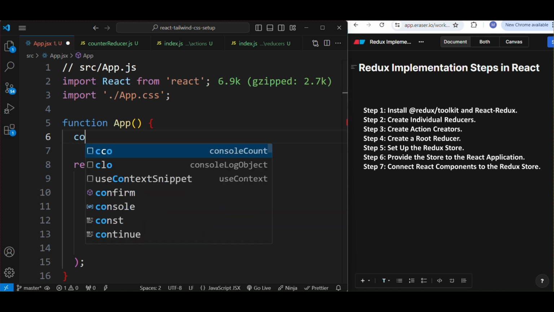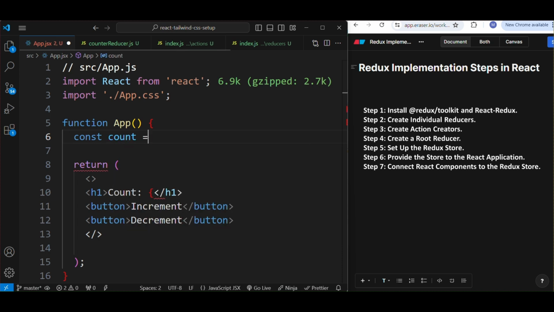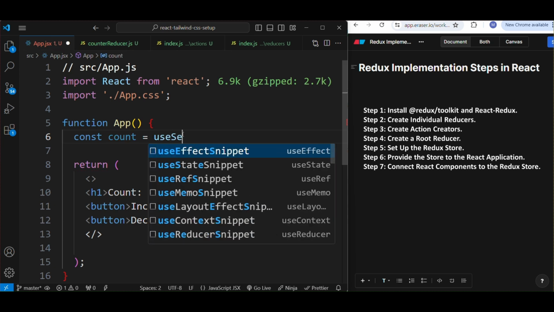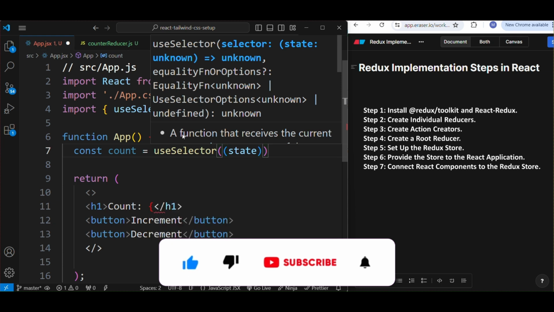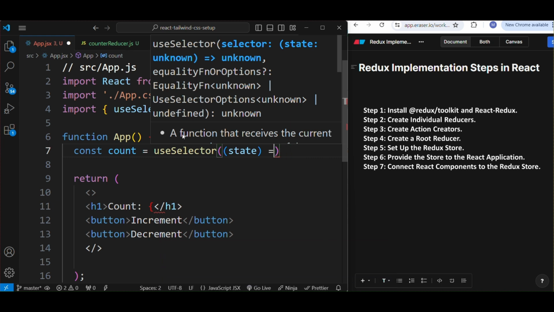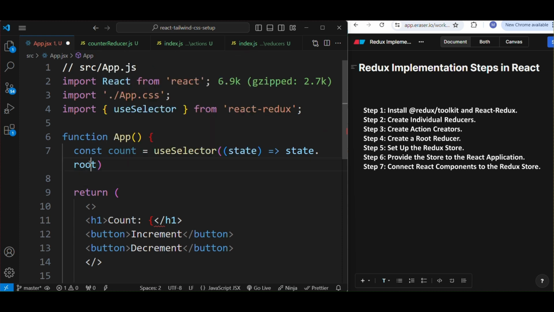So for that, const count equal to useSelector, which takes a selector function to retrieve the state from the Redux store. State dot root. Why we are providing root here is if you look at the root reducer and what